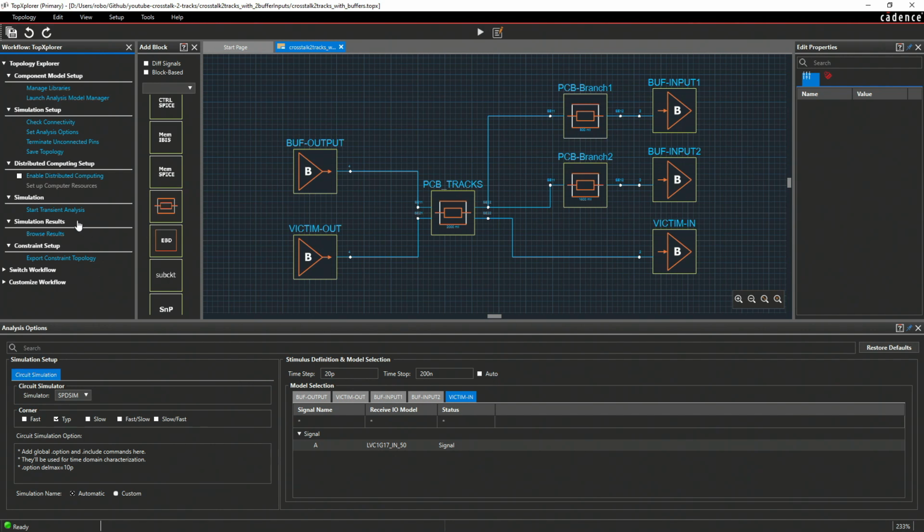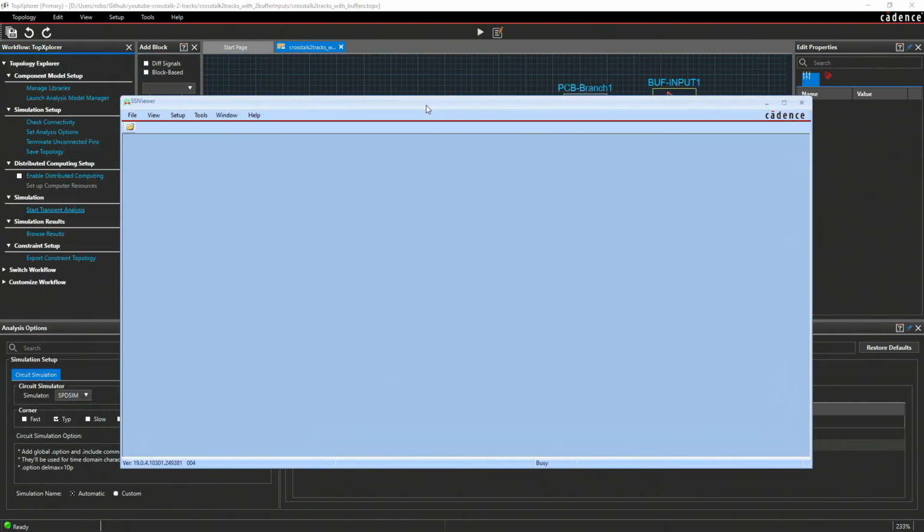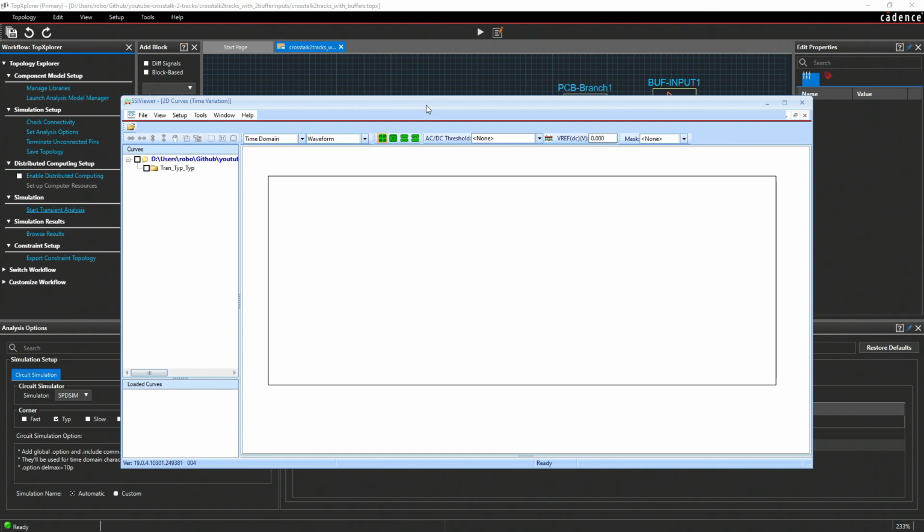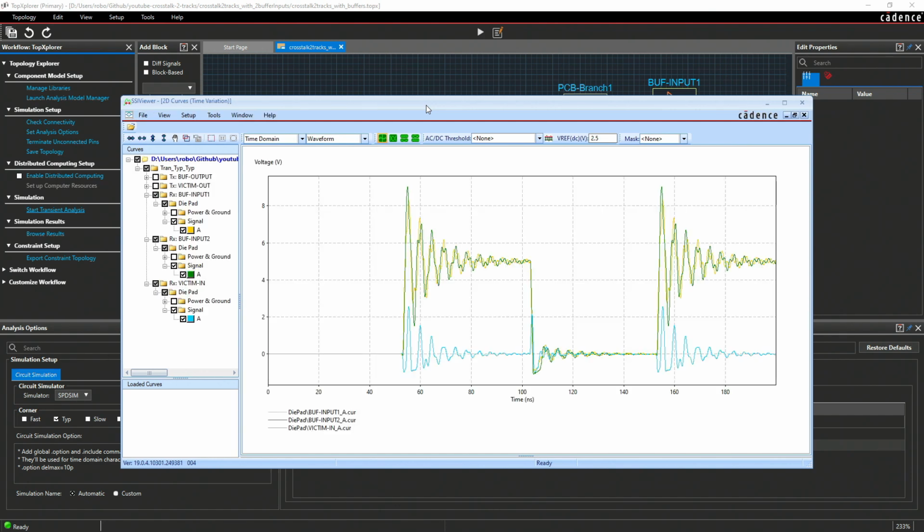So I'm going to press start transient analysis. We need to wait a little bit. And here it is. These are the results from our simulation.